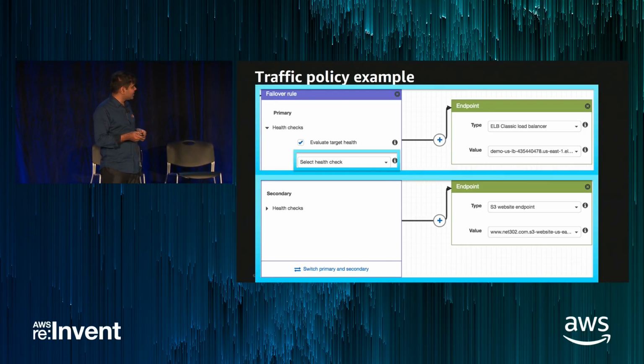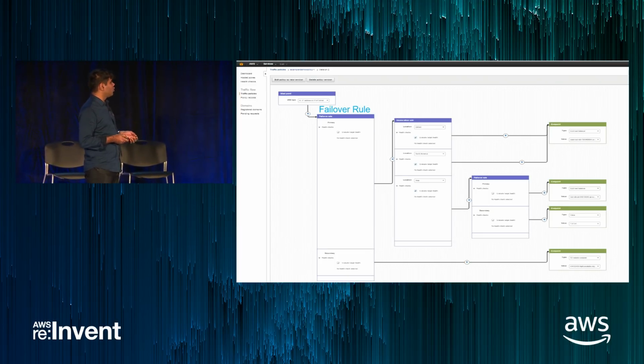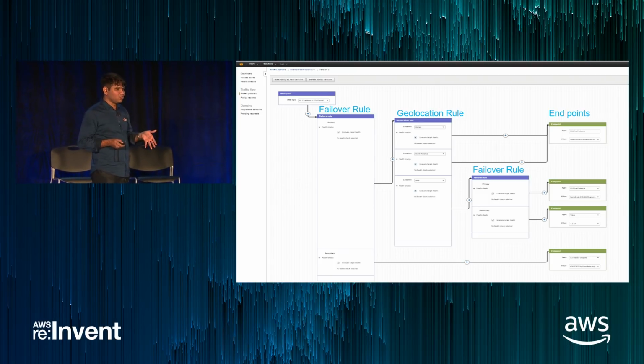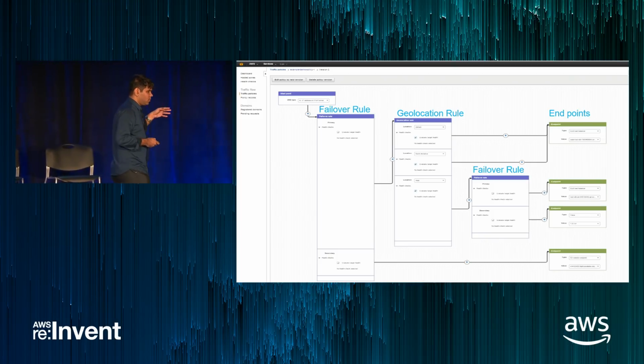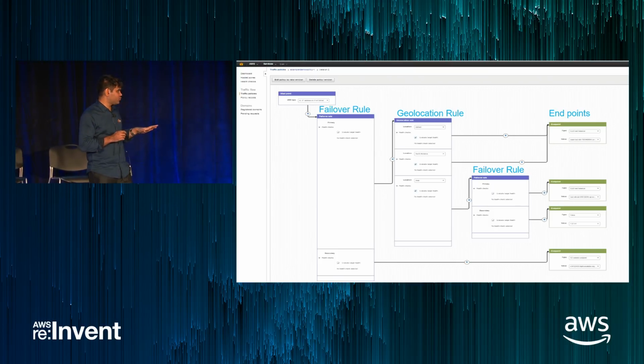Let me jump to the next slide. Okay. So here there is a much more complex policy. There is a failover rule. Under that failover rule, there is a geolocation rule. Under that rule, there is again a failover rule, and like that. You can have a hierarchy of rules, right? First follow this policy. If that policy is not appropriate for whatever reason, then follow this policy, and so on. So Route 53, in my research, is probably the most indispensable tool that you have when you are going to implement multi-region architecture. It's pretty neat.